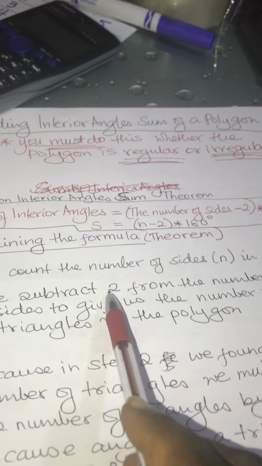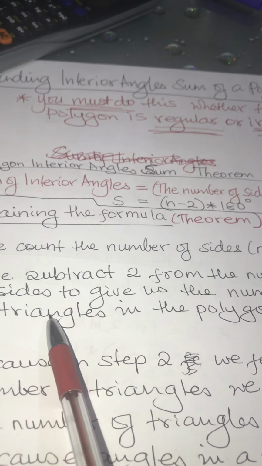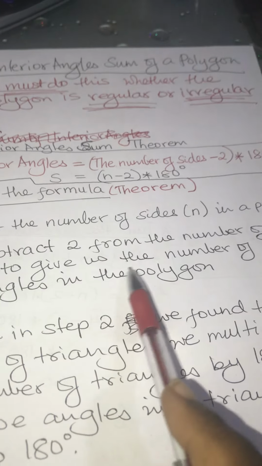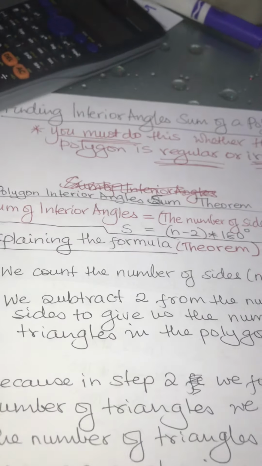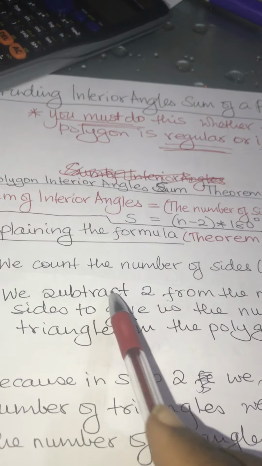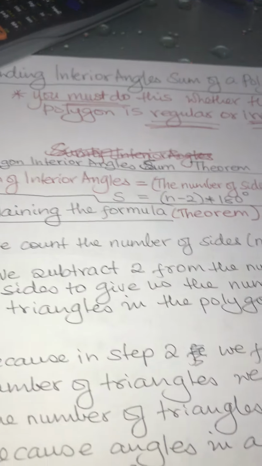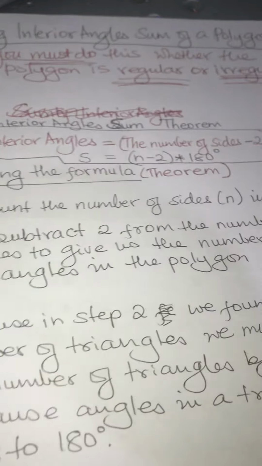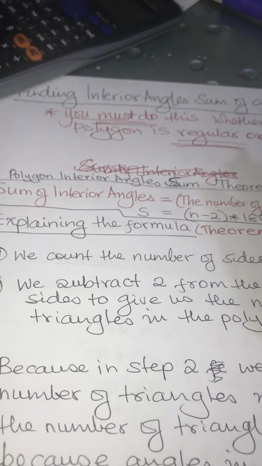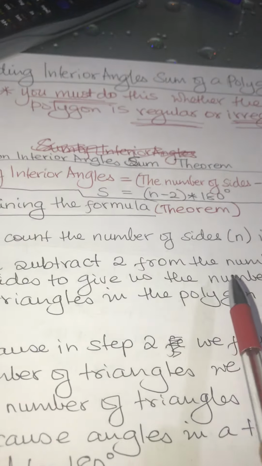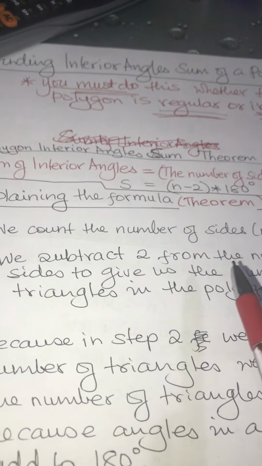Then you subtract 2 from the number of sides to give us the number of triangles in the polygon. The reason why we are subtracting 2 is because we want to find out how many triangles are in that polygon. Once we find the number of triangles in that polygon,